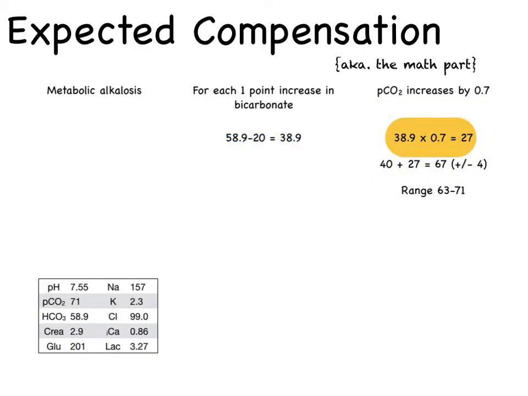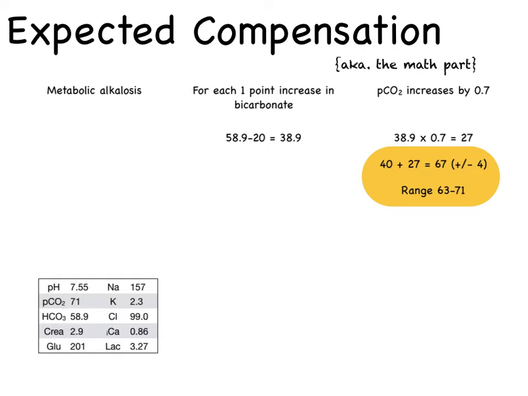So we're going to take that 38.9 multiplied by 0.7, which gives us 27. So we think our CO2 should go up by about 27 points in response to the abnormal bicarbonate. A normal PCO2 is about 40, so we're going to take 27 and add 40 to that and get 67. This means we would expect the CO2 to be about 67 if the change in CO2 is just compensation for